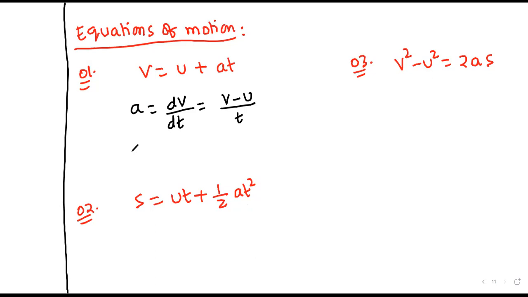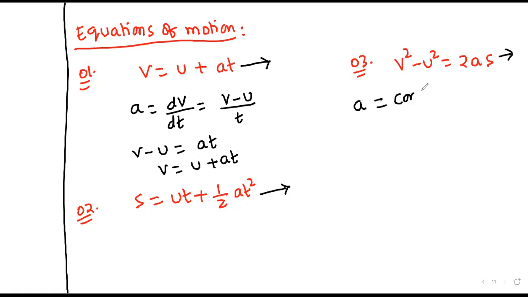If we cross multiply, we'll get v minus u equal to at. So v is equal to u plus at only. Okay, is it fine? Remember the three equations, and all these equations you can see,